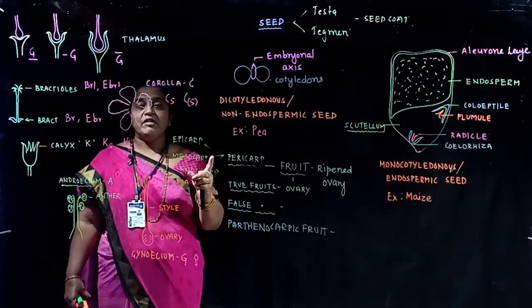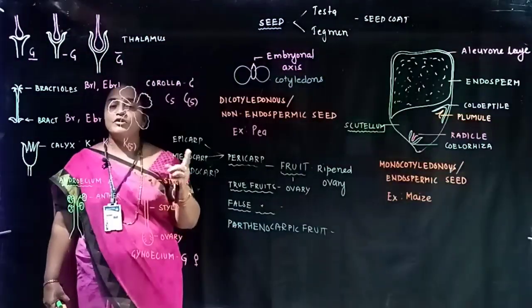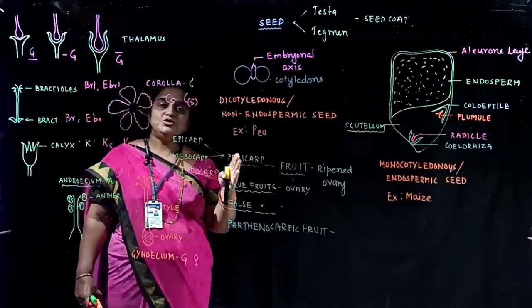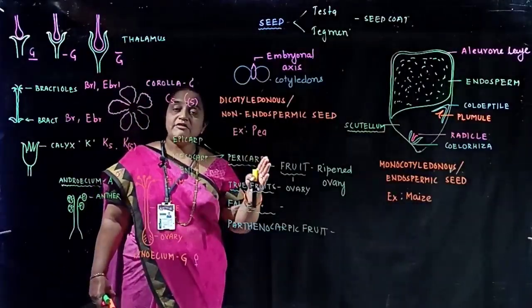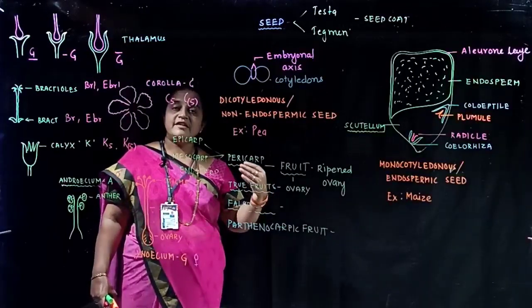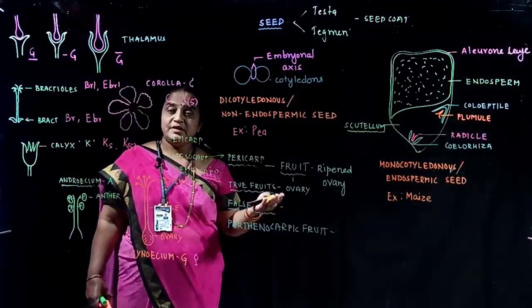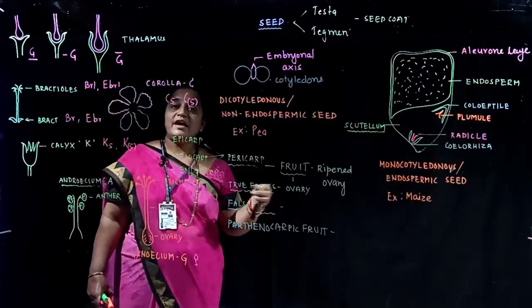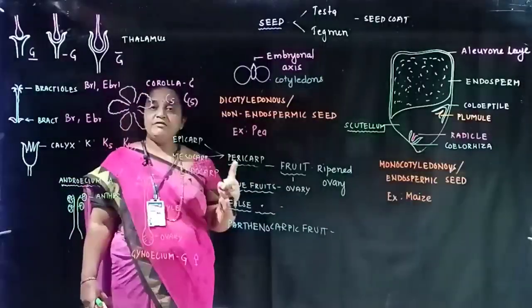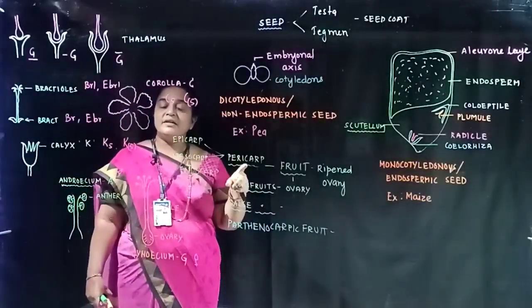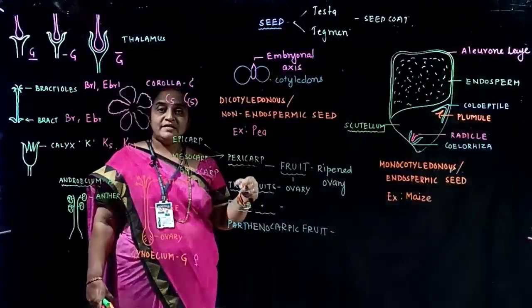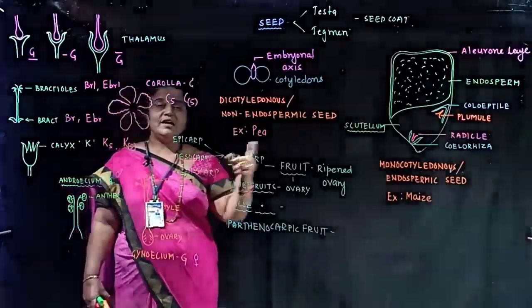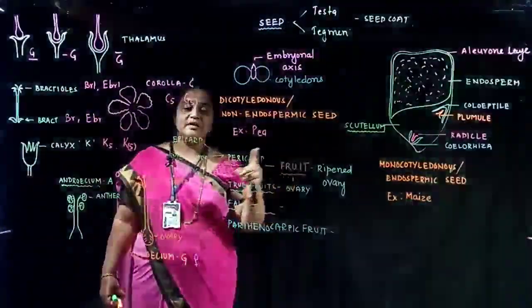Thus, we have completed the morphology of flowering plants. I have covered the root system with its modifications, the shoot system with its modifications, the leaf, types of leaves, phyllotaxy, venation, modifications in the leaf. Then inflorescence, racemose inflorescence, cymose inflorescence, and then I taught you the parts of the flower, arrangement of members, estivation and placentation. And today once again I briefed you about the parts and the conditions, and we have covered seeds and their types, fruits and their types.